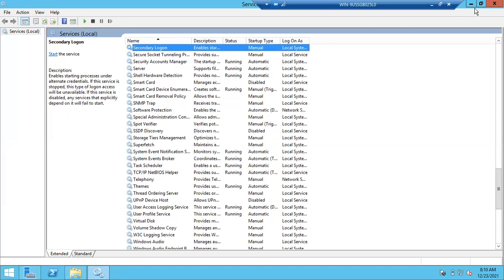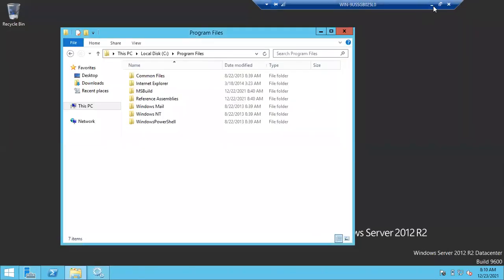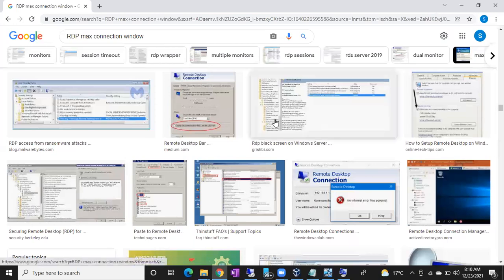Clear? I want to install the SQL Server. How can I install the SQL Server? If I want to install the SQL Server, what do I have to do? I have to copy the software, right? First, agree? Without software, how can I install the SQL Server? First of all, I have to copy the software, right?